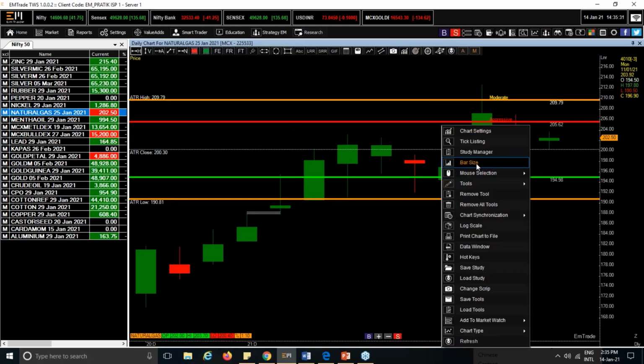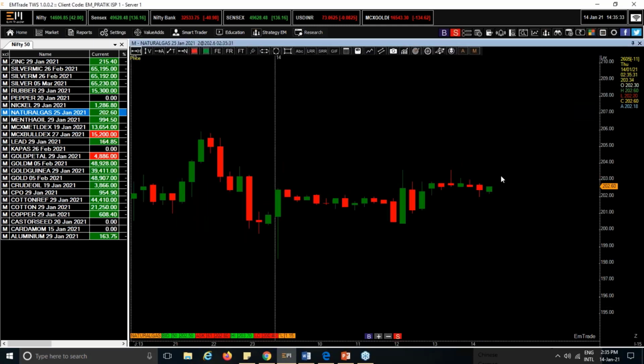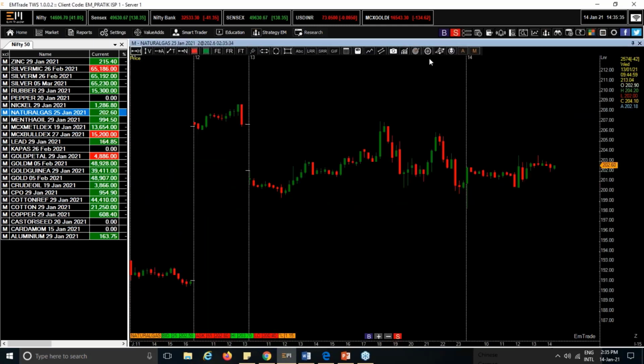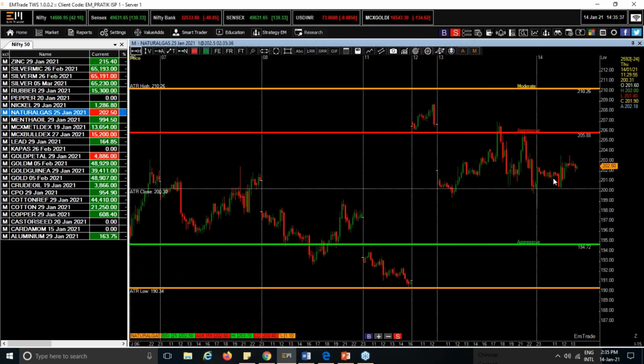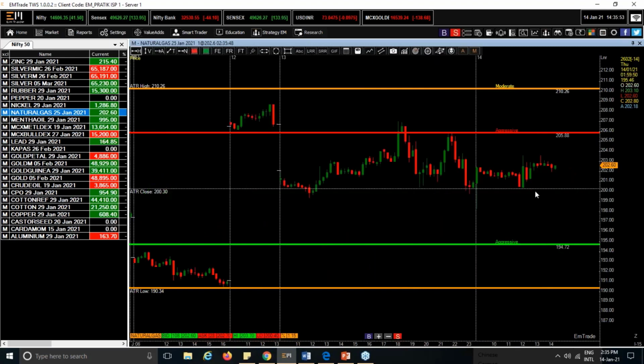So I don't get any opportunity to buy or sell, because the price is moving around the middle band only. 88% of the time, your price, between 205 and 194, is moving around these two bands, which doesn't give any opportunity to enter and exit. Once your price touches the green band, or once it reaches the red band, only then does it give you an opportunity.